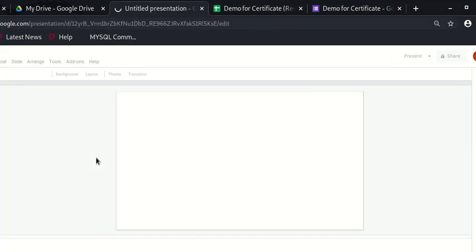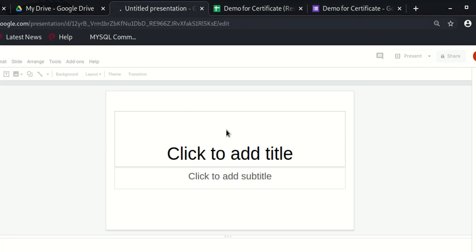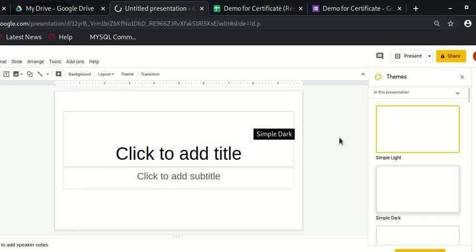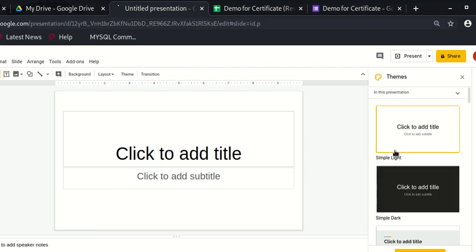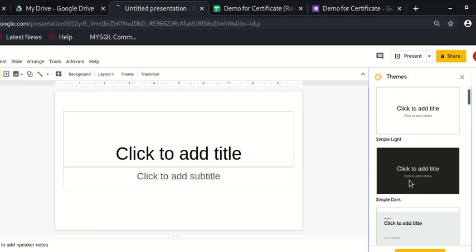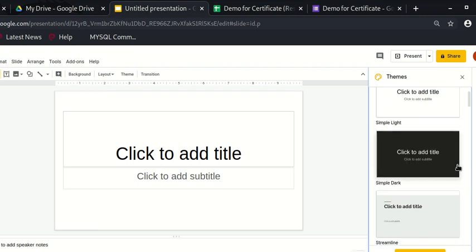In this, now you will get some templates here, the predefined templates. You can choose from any of them, or you can make your own PPT here. Okay, you can choose any one of them. If you want, you can choose any one of them. There are so many templates available, like,